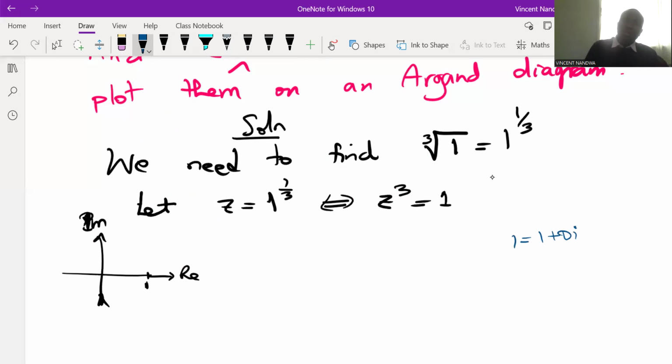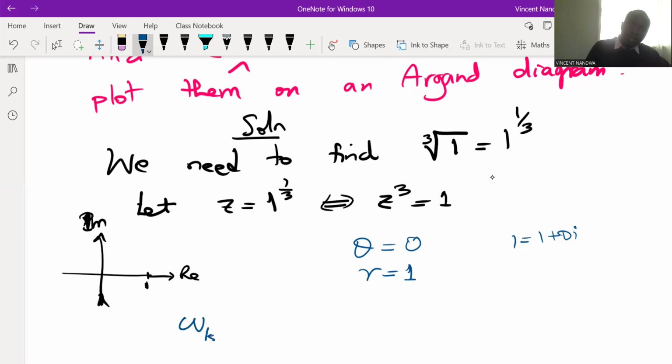So you change this complex number into polar form, and polar form requires us to find the modulus. The modulus of this complex number 1 is just 1, and the angle that the line makes with the x-axis is actually 0. So theta is 0, r is 1, and we remember that